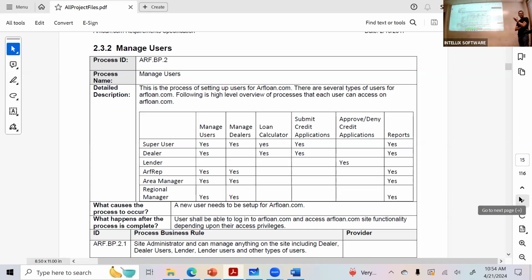What are we trying to do with this process, manage users? Can anybody interpret for me?